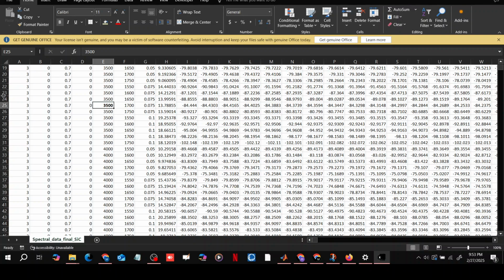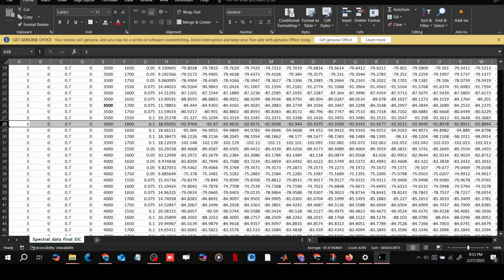First of all, if you want to select the rows, for example, I am selecting row number 28. Then if we want to select multiple rows up or down, so if I want to select the rows down here, then we have to hold the shift key, then just press the down arrow of the keyboard, and it will